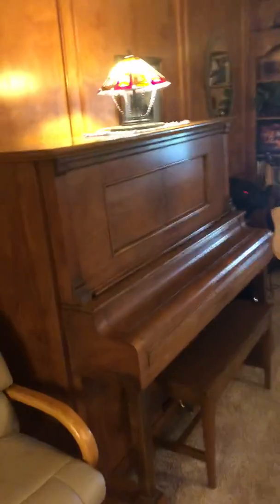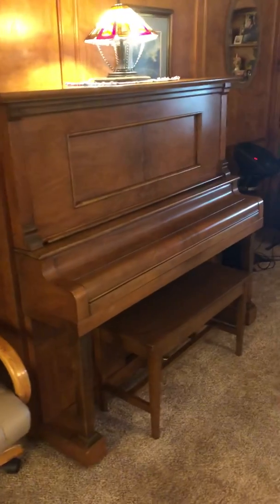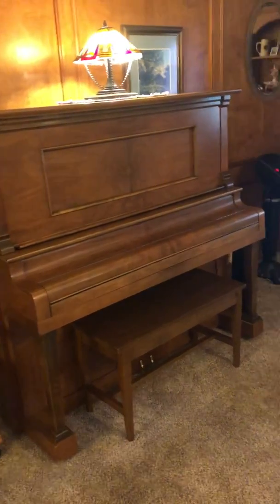Antiques. Among all things like motorcycles and cars, I also like musical antiques. And let me show you this here. This is an early 1900s lakeside player piano, which I've always wanted, and that's something I'll get to at another time. But what I want to show you today